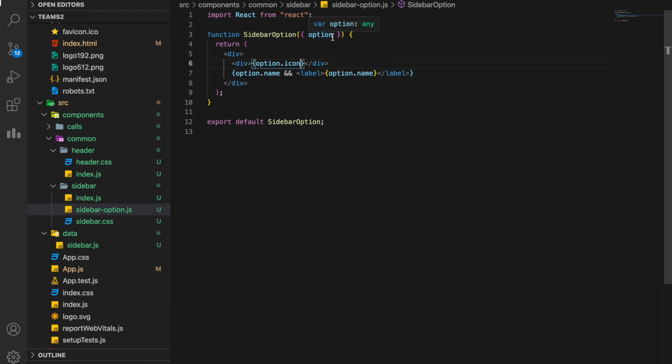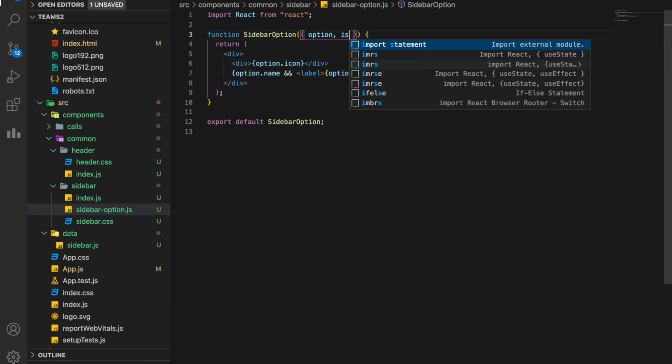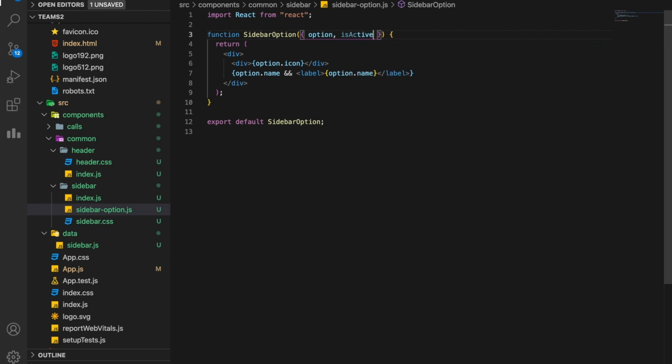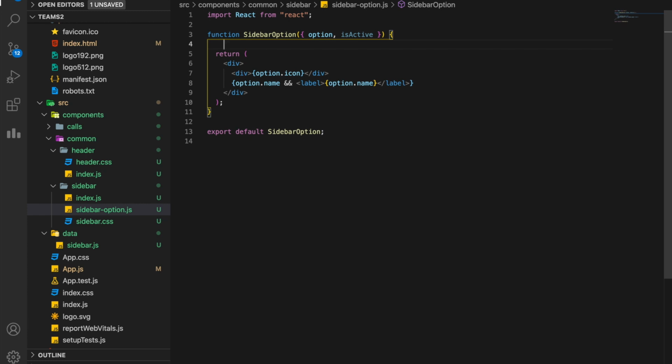So we will take another property here which is known as isActive. Based on this isActive, we'll pass classes. To combine classes you can use the classnames library, or I will simply create a constant called classList, which will tell if active.